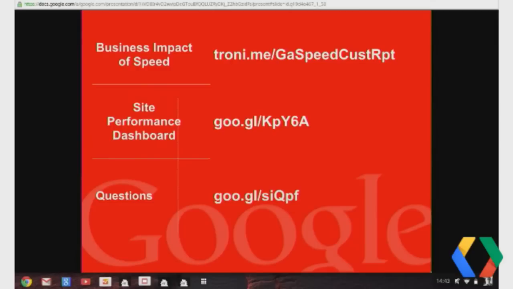And we created a site performance dashboard that has a lot of the general metrics around how your site's performing. That's a great one if you're into speed, if you're into site performance, to use every day, and you can automate the delivery of that via email, so you get it every morning. You don't even need to log into GA, which is great.